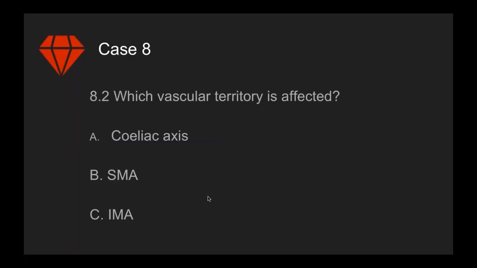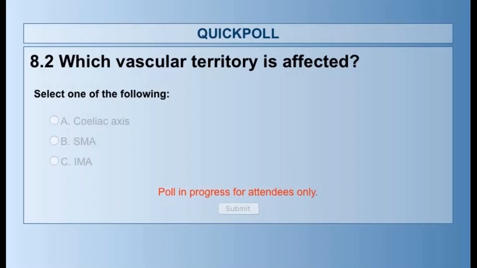Now the other question is, which vascular territory is affected? So you can tell that as well from the CT. Is it the celiac axis, SMA, or IMA? So if we go back to the poll,